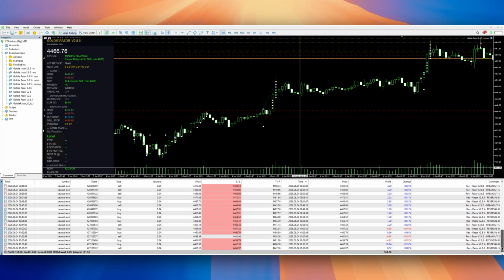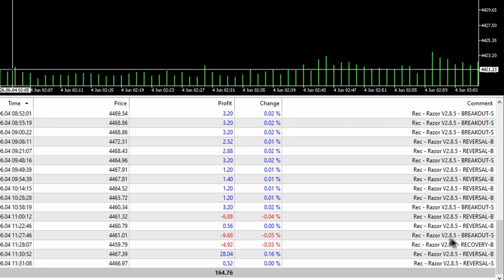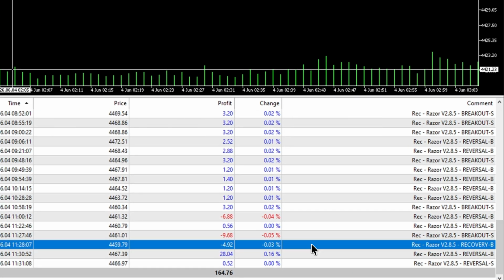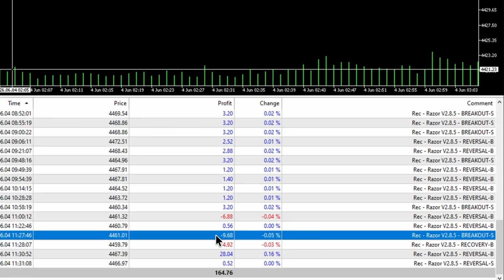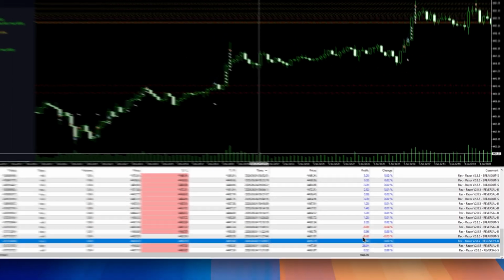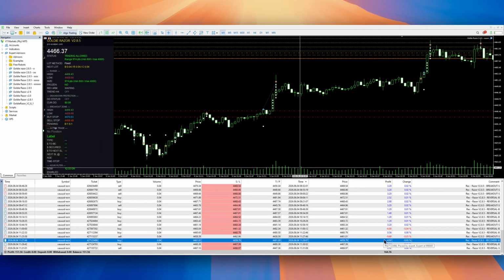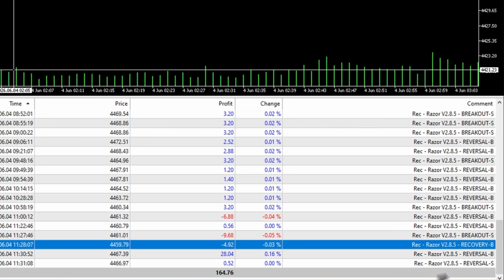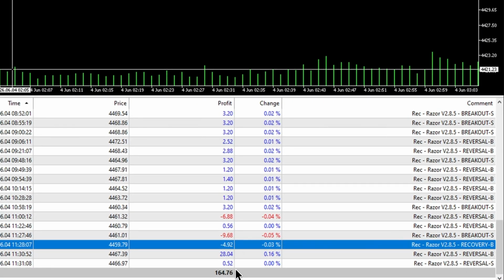Now I think these ones are all of them. Here is another one a few minutes ago. It is a fake breakout. It started the recovery, but instead of having minus $120, I have minus $12 or $13 together, maybe 40. Take a look. Let's see. And so for today, 4 June,